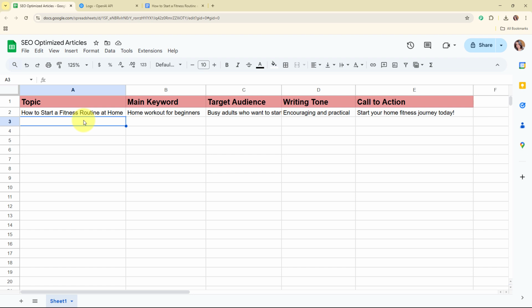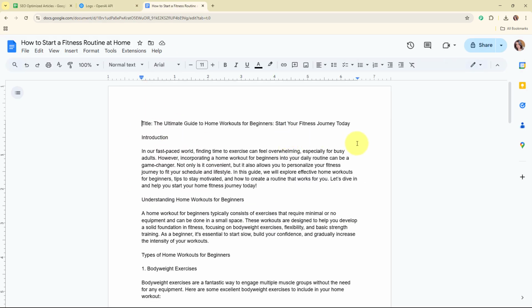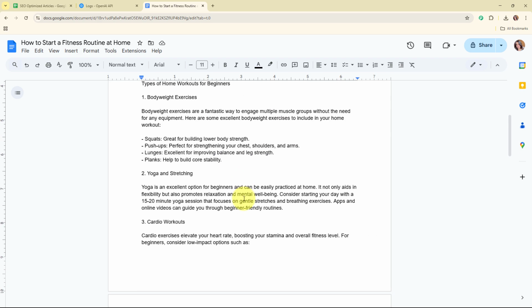Alright, so here on my screen you can see my Google Sheet that I've already created with the name SEO optimized articles, and these are the fields that I've added over here. So now here my objective is, as soon as I'm going to add a new detail over here in my Google Sheets, then automatically using the details, OpenAI should generate the article, and after generating the article, automatically that should be saved as a new document in my Google Docs so that my team can review it first.